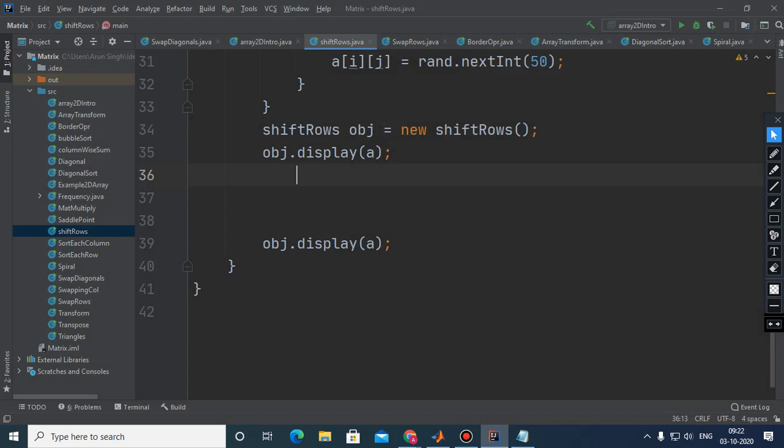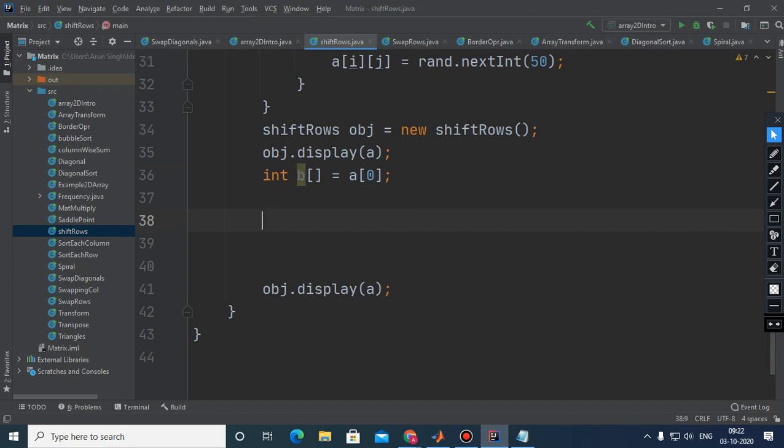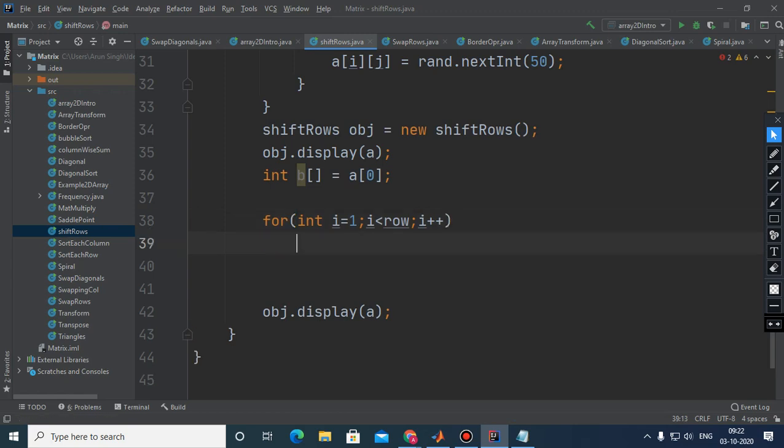Now what to do here is, this is a linear array which will receive the whole first row. The whole row I have received in this one. Now the loop will start from the second row till the end. What I'm going to do is a of i minus 1 will receive a of i.